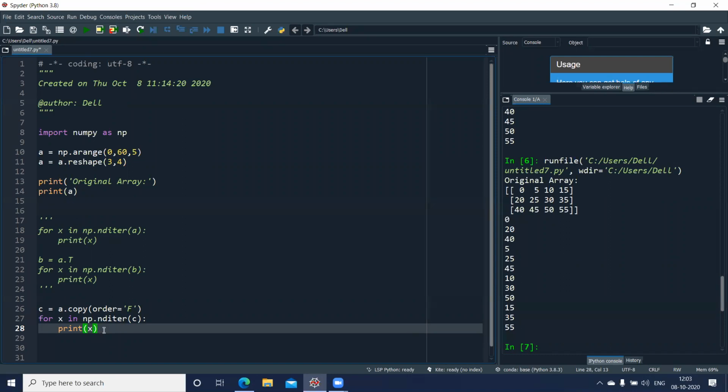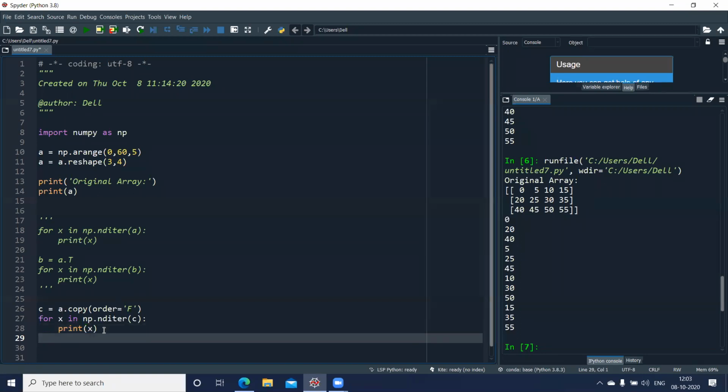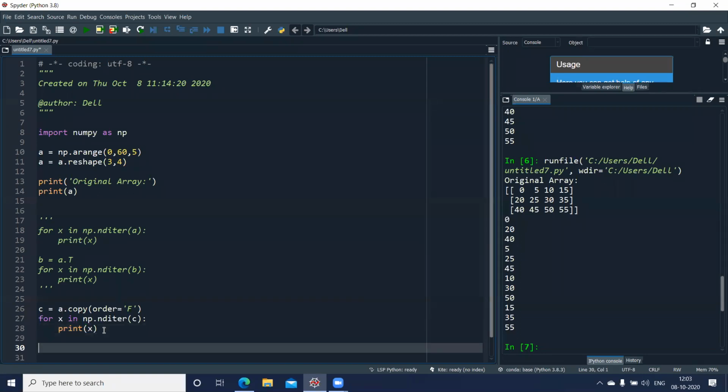So you can decide the way you want to access the elements, and you can specify the order. Clear? One more thing to remember is we are using capital F and capital C while indicating the style or the order.